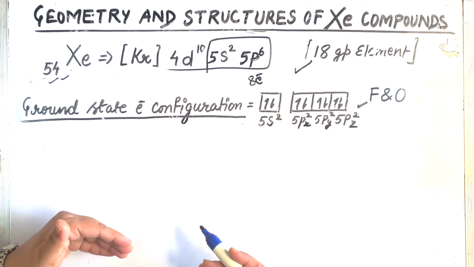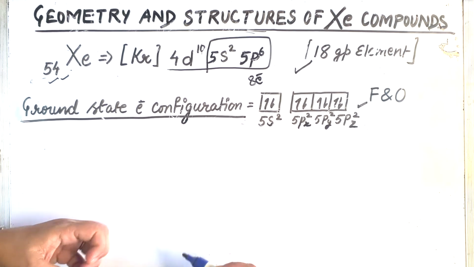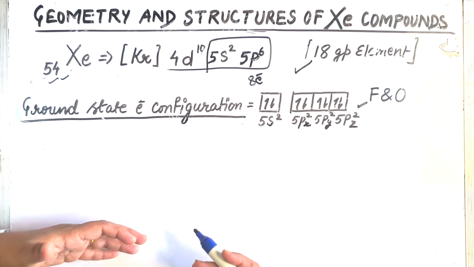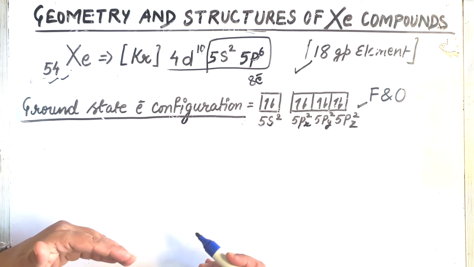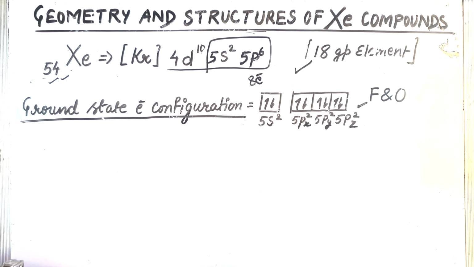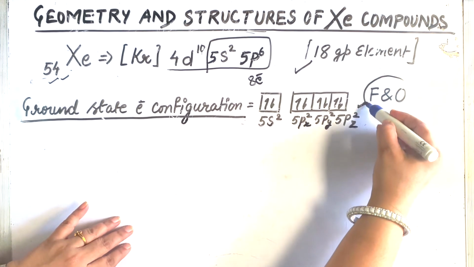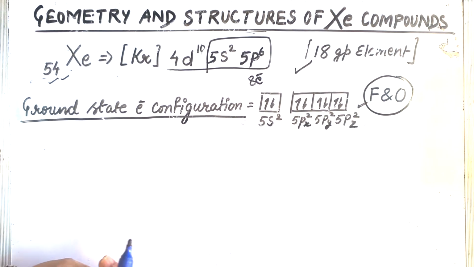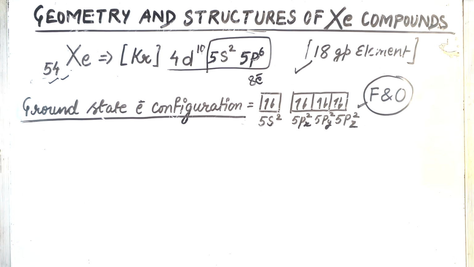Its ionization enthalpy is at a level where we can insist that it make compounds with some of the elements. So xenon makes compounds out of all these inert gases. Xenon can make compounds, but in harsh circumstances and with the elements fluorine and oxygen only. So xenon compounds with fluorine and oxygen are available, and we are going to discuss the geometry and structure of these xenon compounds here.